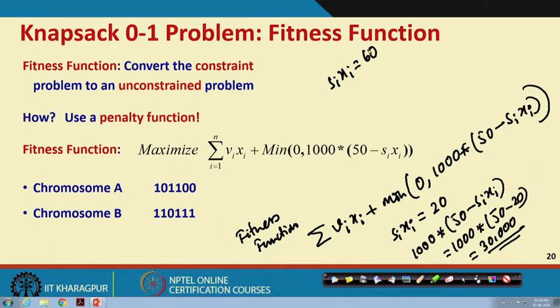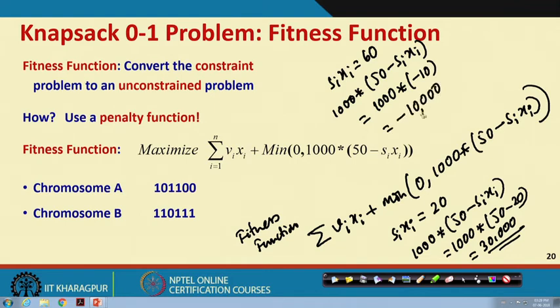Then this term 1000 into 50 minus S_i x_i will become 1000 into minus 10, that is minus 10,000. I have given two examples.